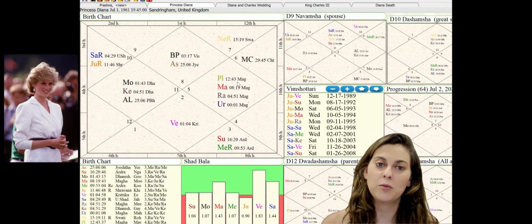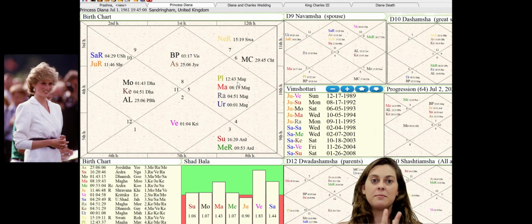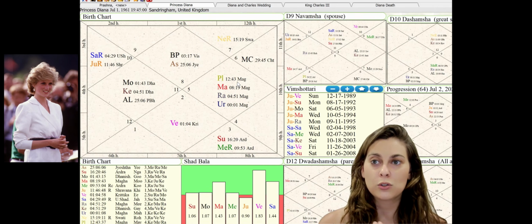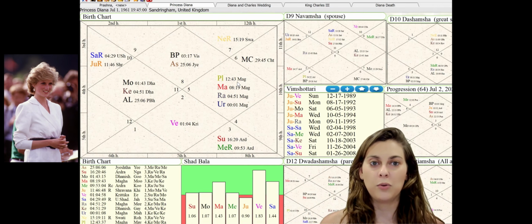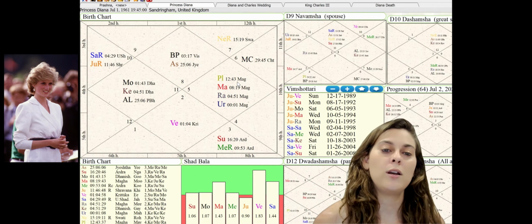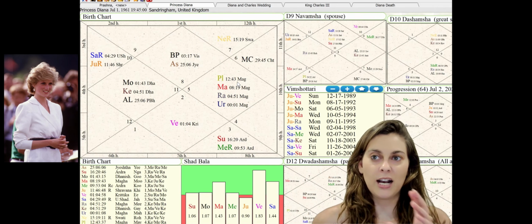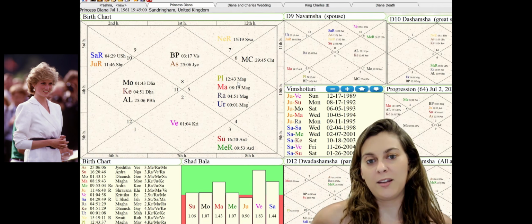Even though it's a shadow planet, Rahu does work as a soul planet, even though some astrologers don't follow that. It works. A lot of my teachers use it. I use it. Rahu and Ketu are the nodes that move backwards, like retrograde planets, okay? So because the soul planet has to be the planet of the highest degree in the chart, Rahu is her soul planet because the